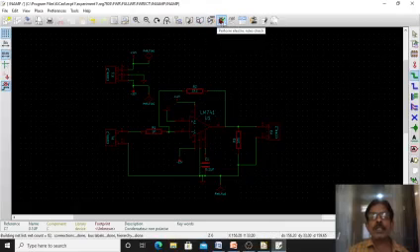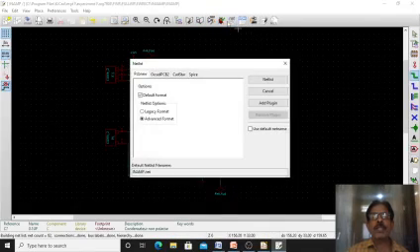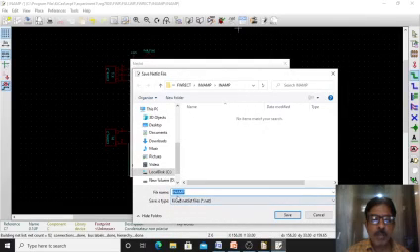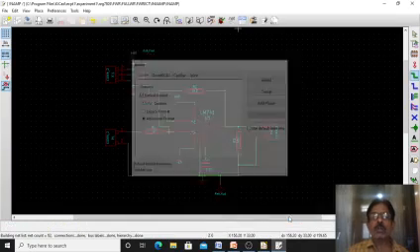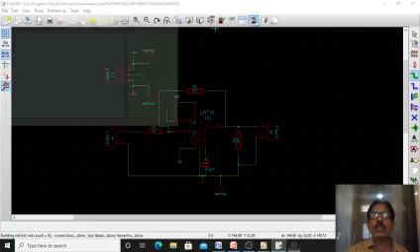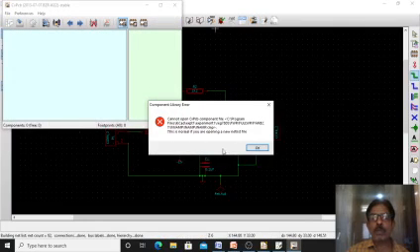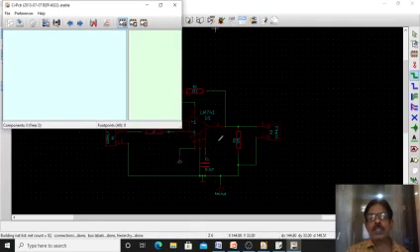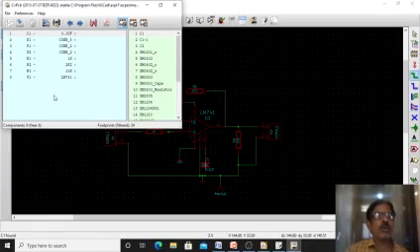Then next, after the electrical rule check, is net generation. You can generate the net list. It will give the name IN AMP, inverting amplifier, and it will save automatically as IN AMP dot NET. So save it. Then comes association of the components to the footprints. For each component, one footprint is there, and you assign it.